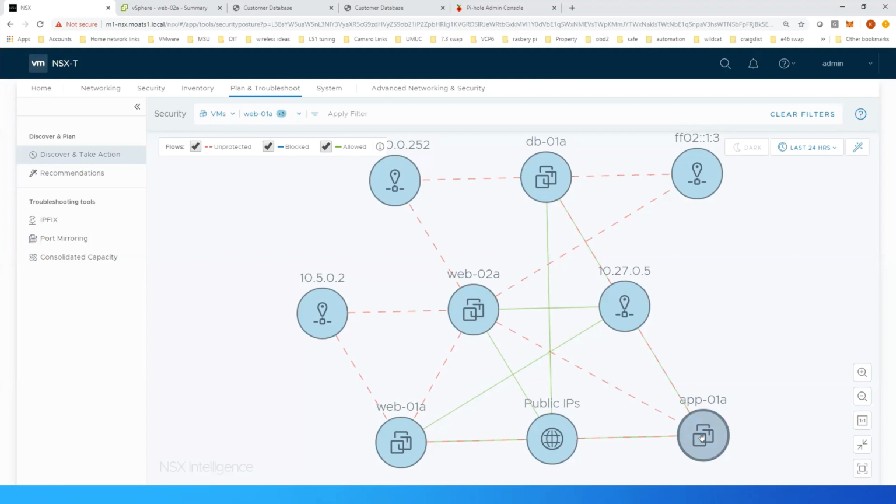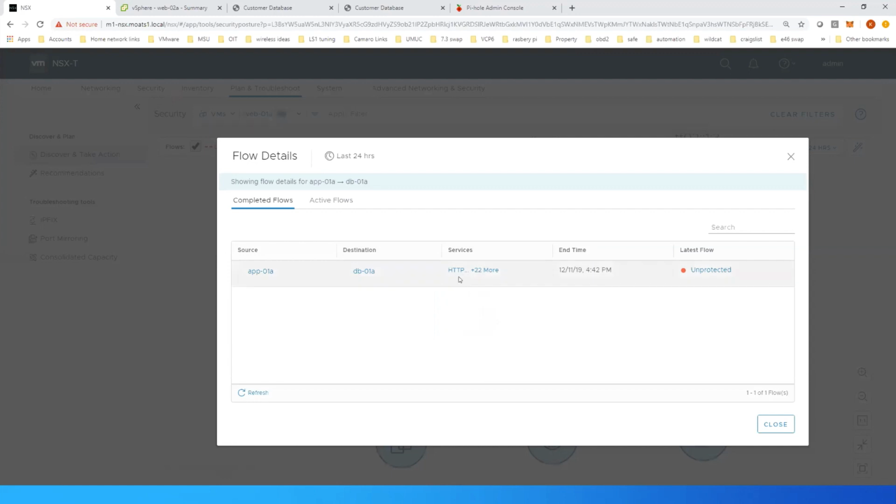And then from the app server, we can see the same thing to the database server. And sometimes, there it is, we get the flows layered on top of one another and they're hard to click on. And then so here's that HTTP, or that port 80 that's going from the app server to the database